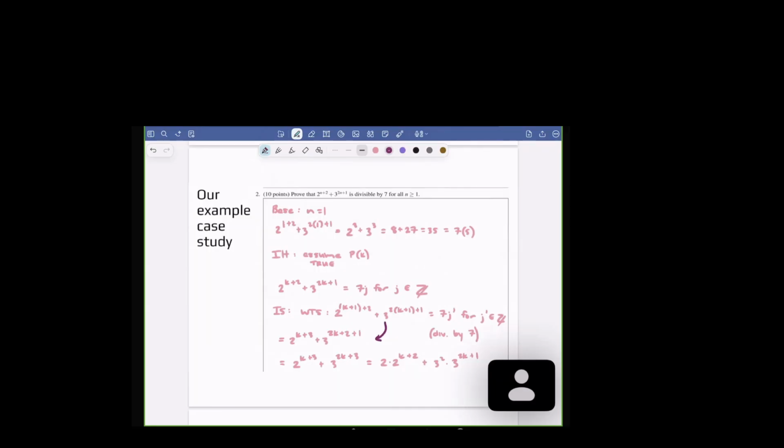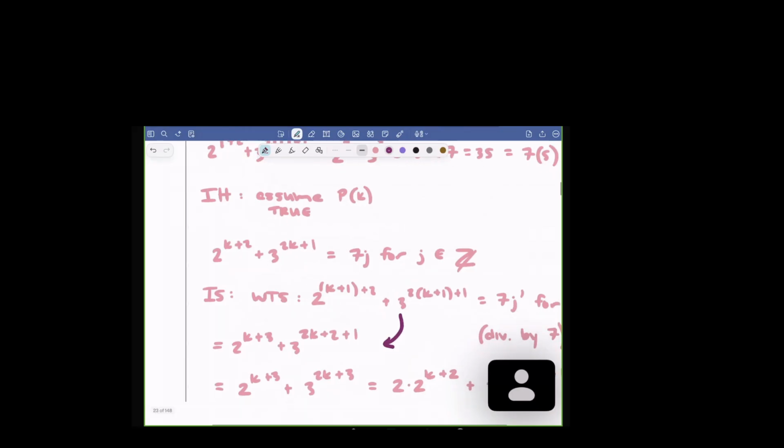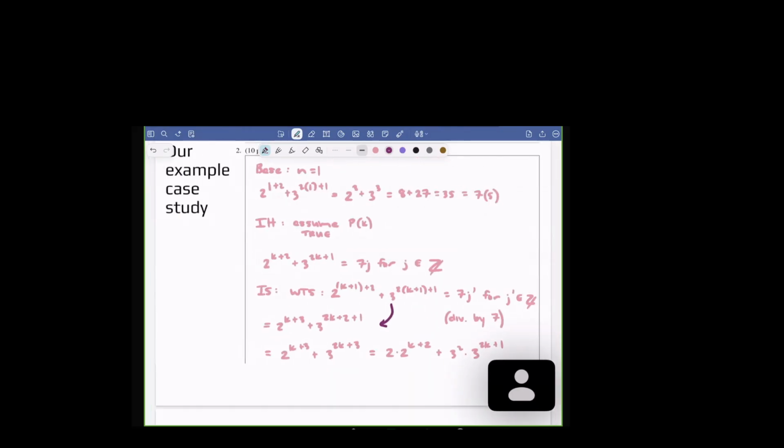Okay, I think we could all come back to this problem. Our base case, we just show that this holds true for n equals 1, and I show that the statement is equal to 35, which is divisible by 7, because 7 times 5 equals 35. And then our inductive hypothesis, we assume this is true for some k, for p of k. And then for our inductive step, we want to show that the statement holds for